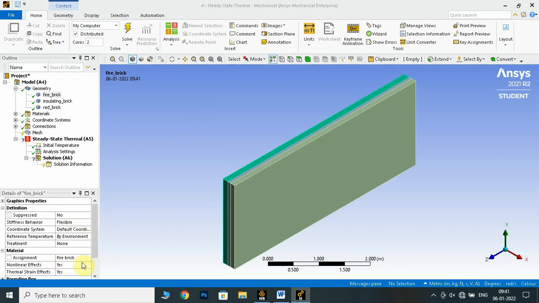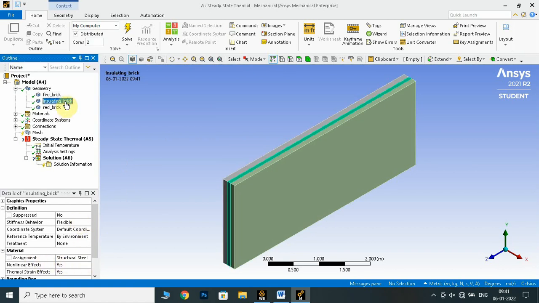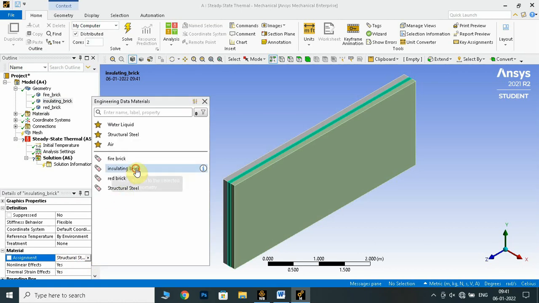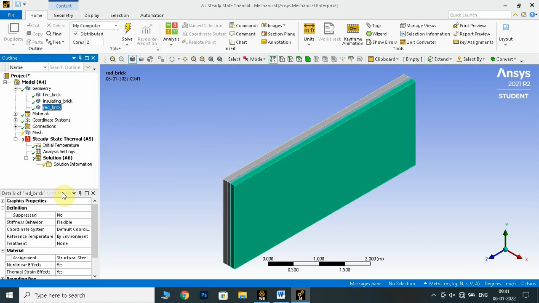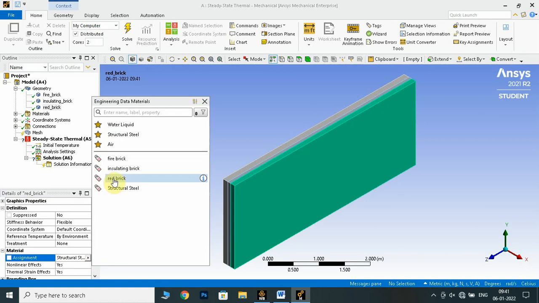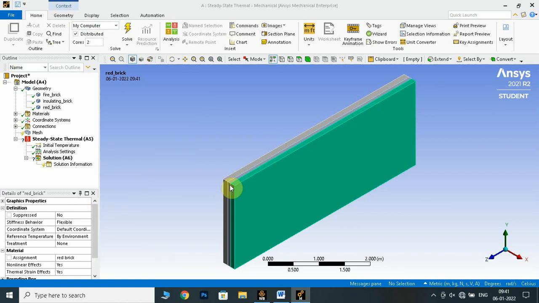Okay, assigned to fire brick. The same way, insulating brick, material assignment to insulating brick, and red brick assigned to red brick. These are the three values that we gave in the engineering data materials at the first. So now we have assigned everything.